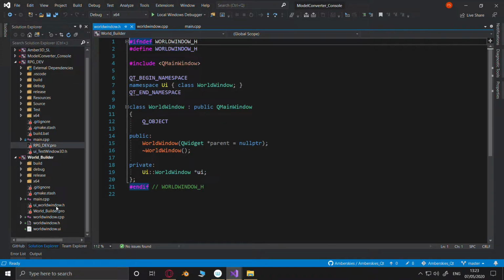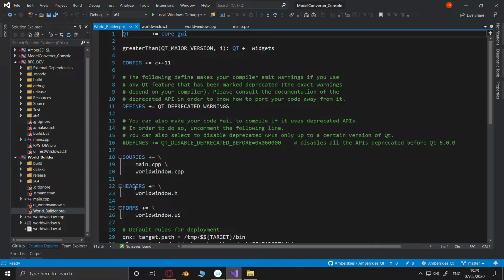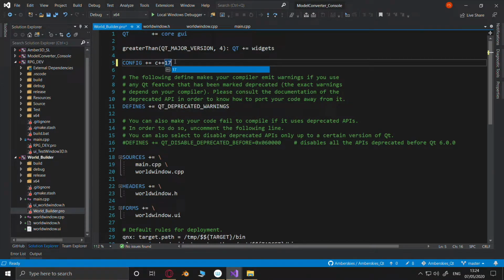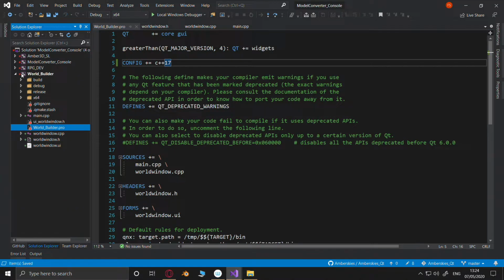What have we got in here? Oh, did core GUI, no widgets. Ah, yes we do, we have widgets. Yeah, that's okay then. C++ 17, please. That's the only thing I'm going to alter there. And just make sure that I am in C++ 17 here.